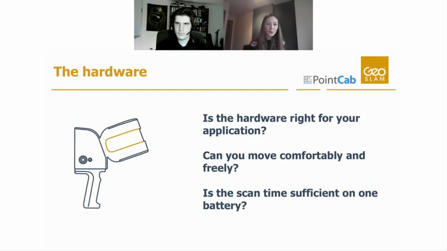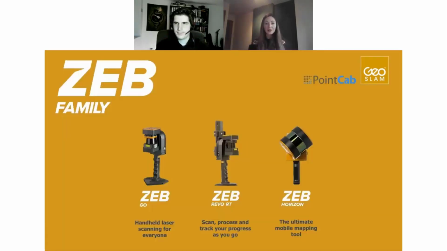And hardware, which hardware system would be the best for you? We've got a range of systems that come with different accessories that allow you to, for instance, drop the scanner into a manhole mounted on a cradle. There's an extension pole to map the ceilings or get better access to vertical structures. We've got a backpack for hands-free collection, different camera options, so you can collect images as well as point cloud data, car mounts, and others. So with this, I'll